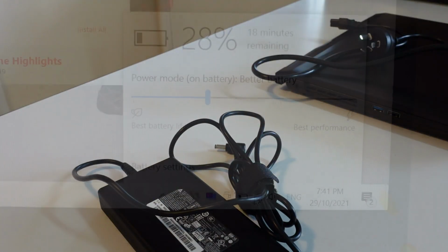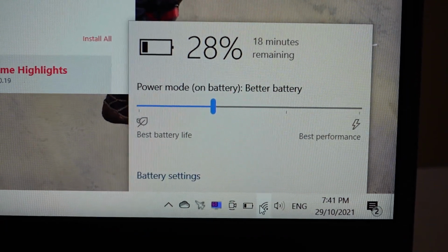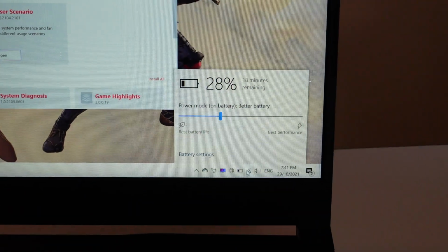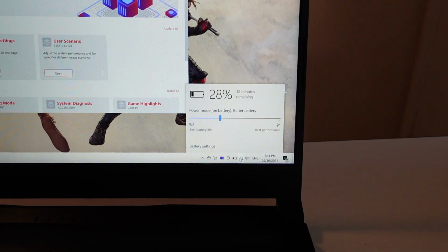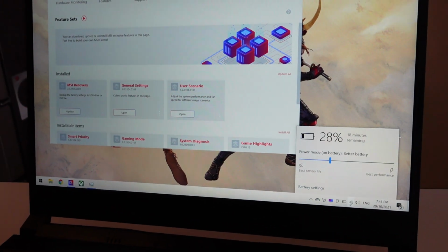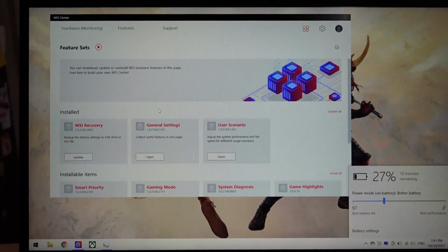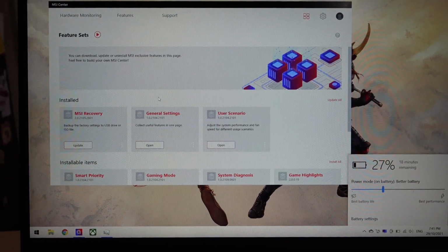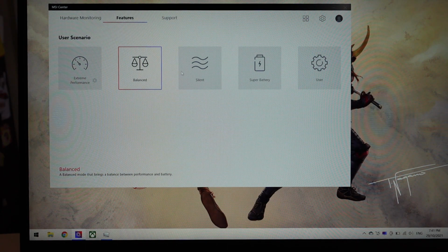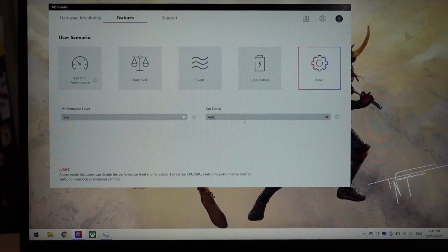One of the biggest issues I've had with the MSI Sword 15 has been battery life. No matter what I've done, I've not been able to get a consistent battery life out of this machine. I just do a simple YouTube playback test, hit play on a YouTube video, and either stick it on power saving mode, or I use the inbuilt MSI software to select the correct profile for battery saving. At one point I've had 3 hours of playback time, where typically I've only been getting about 1 hour of battery life out of it,